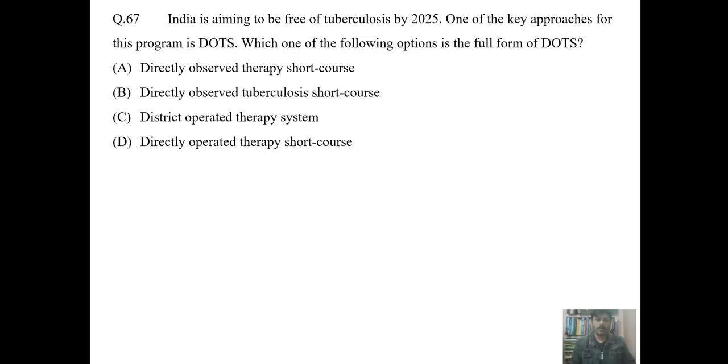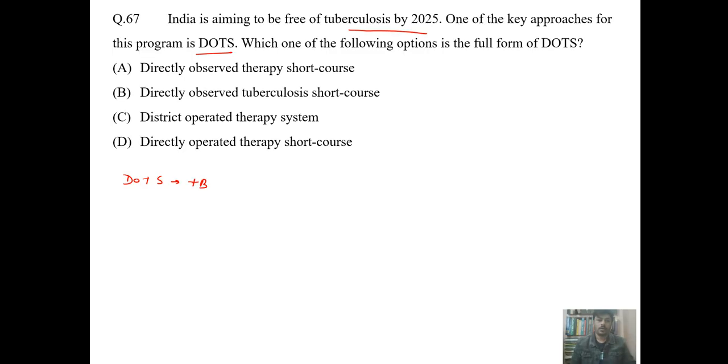Now this is question number 67 from the microbiology section. India is aiming to be free of tuberculosis by 2025. One of the key approaches for this program is the DOTS, and which of the following options is the full form of DOTS? Now, if we see the DOTS, DOTS is a WHO recommended TB control strategy,